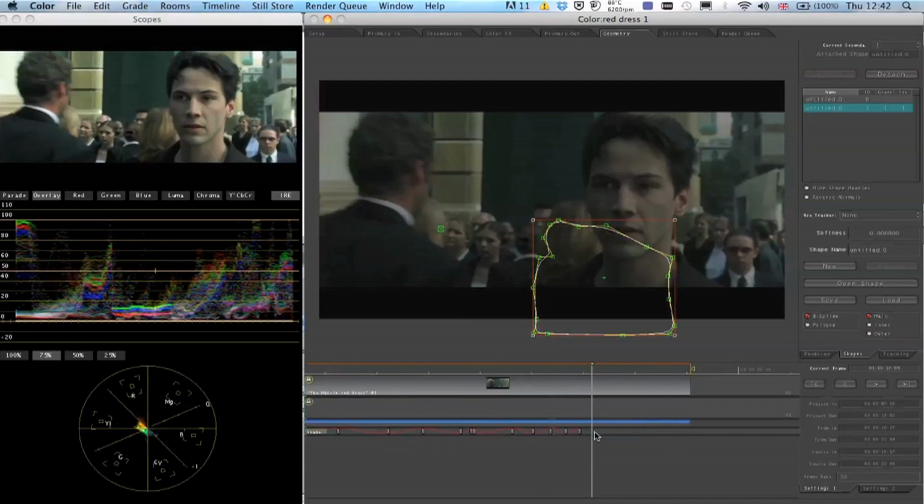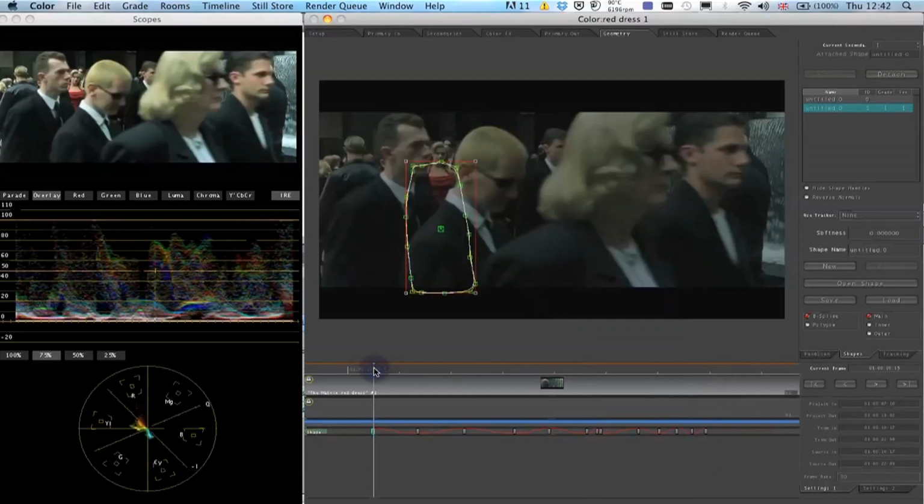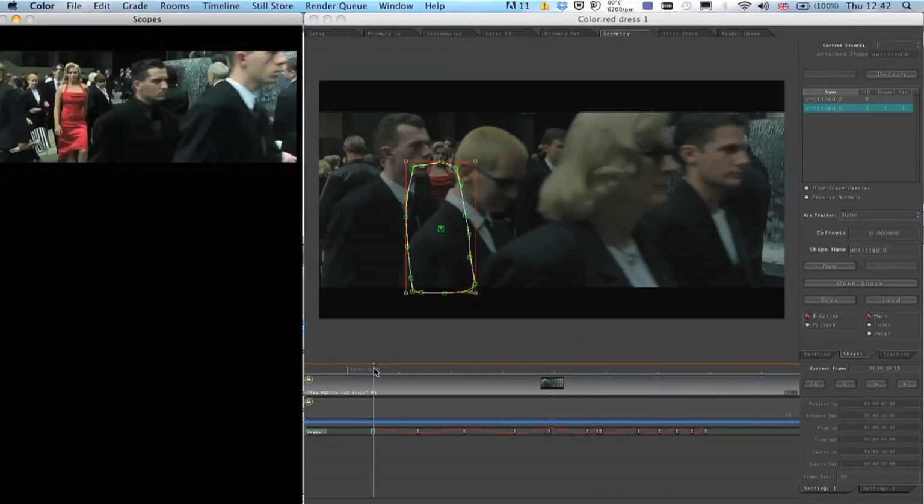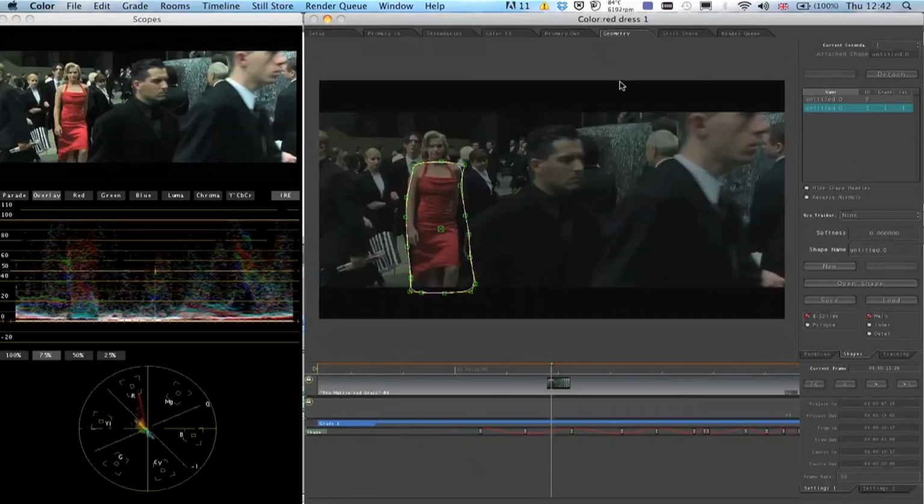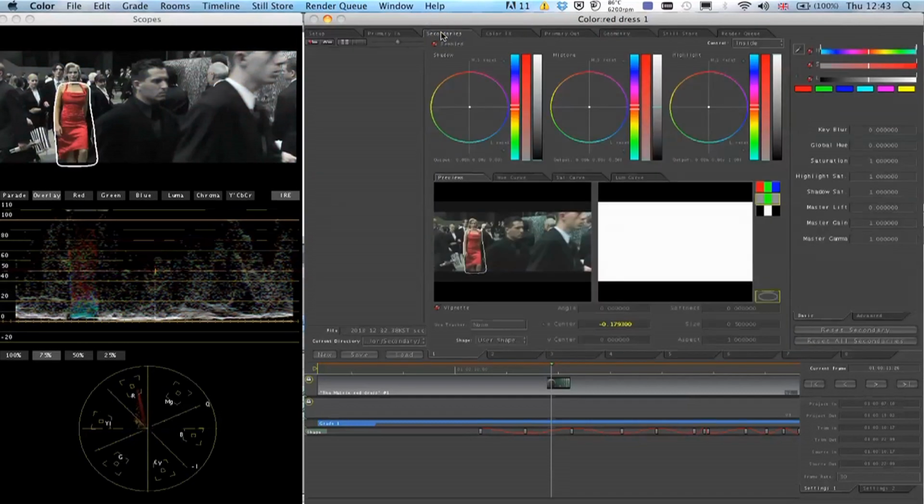We can see all our keyframes if I zoom in, there they all are. There's our keyframes. So now, if I go back to the beginning, and I press spacebar to play this clip, we can't see much, but anyway, let's go back into our secondaries so we can probably see it a bit better. Let's go back into our secondaries. Okay, and what we can see is we've got this white line that has come around the dress,